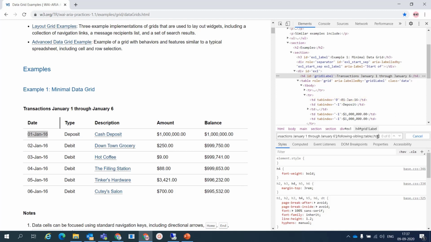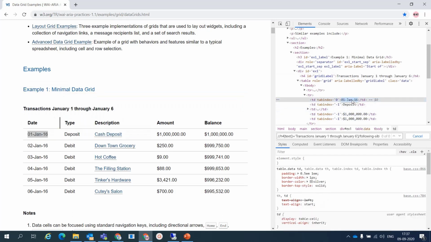So let's see, td means the child which has text equal to our date. Okay. Now you can see 1 of 1. When I press enter, it is only locating this date.